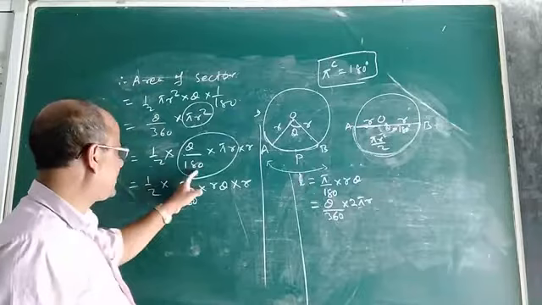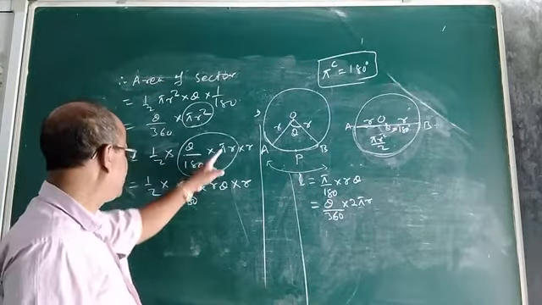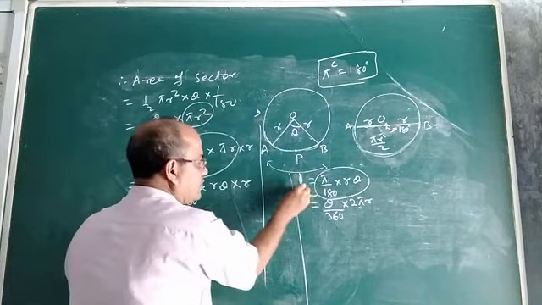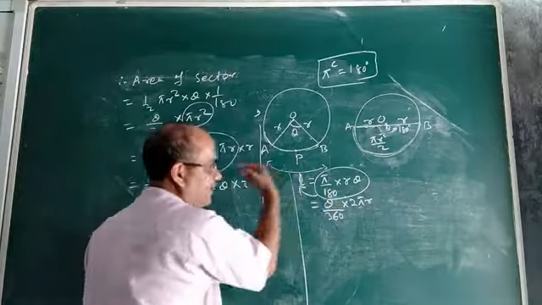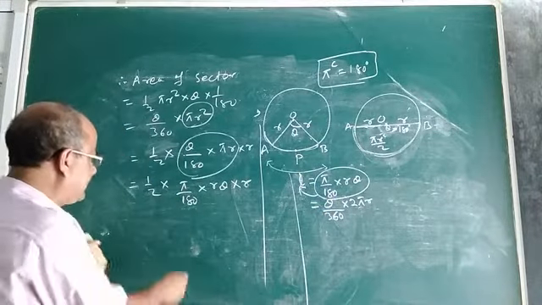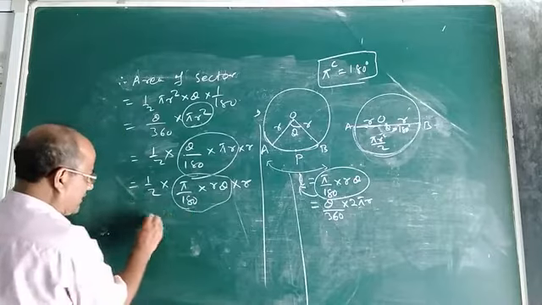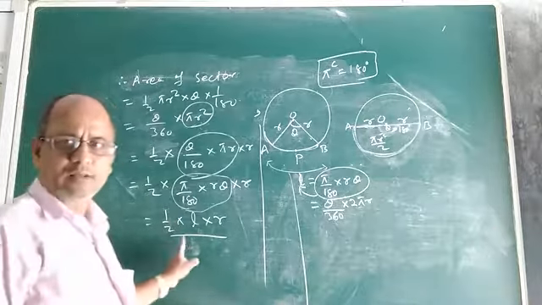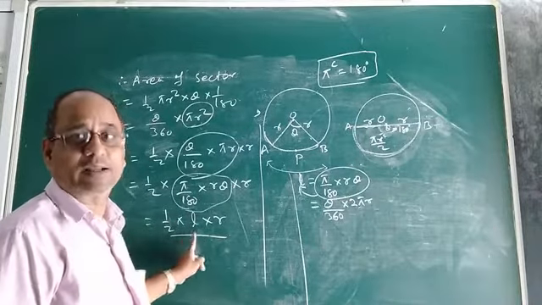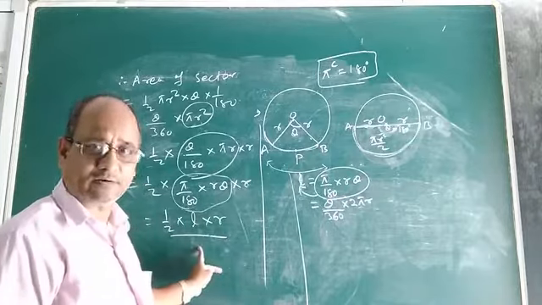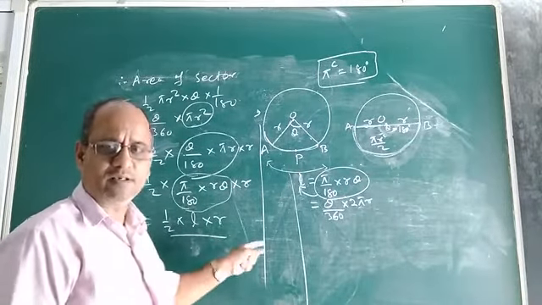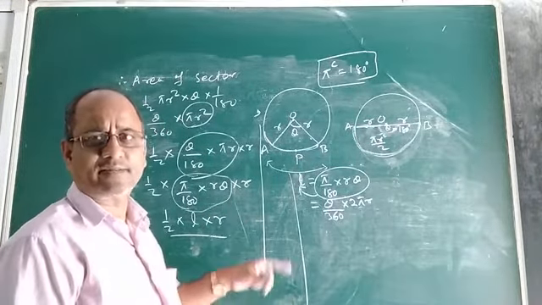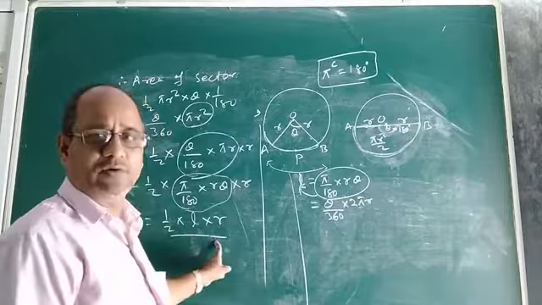So here theta by 180 into pi r can be written as pi by 180 into r into theta. Now what is the value of pi by 180 into r theta? It is equal to L. So in place of pi by 180 into r theta, we can write half L into r. So this is the formula: half L into r. What is L? L is the length of arc of the sector, and r is the radius. That means when the length of arc and radius of a sector are given, to calculate its area, you will use this formula.